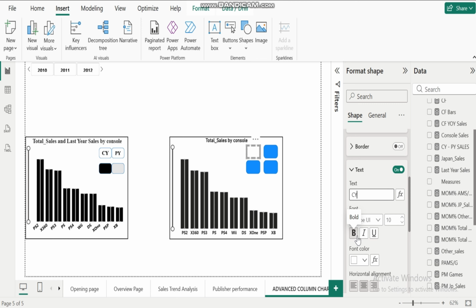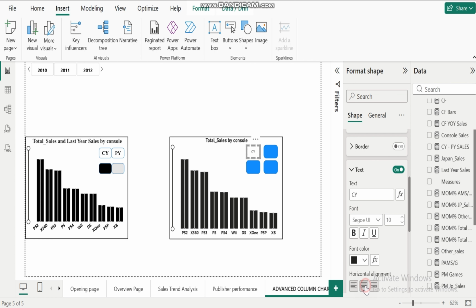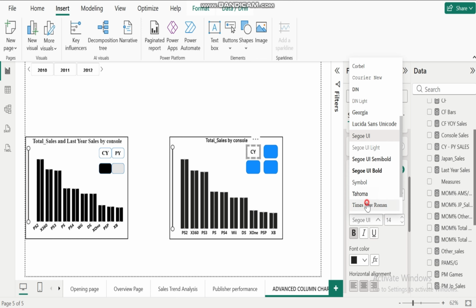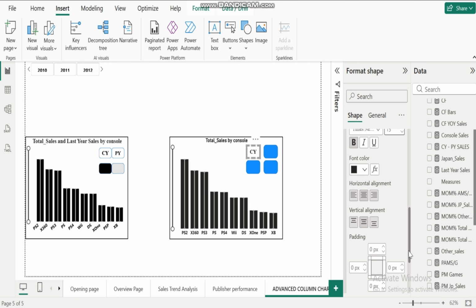And then I can go ahead and do some more formatting to this. Like so. It's in the middle. I can increase this a little bit. I want it to be this dark, and then I can make it Times New Roman. So now that I have it, and it's in the middle, now I can come here